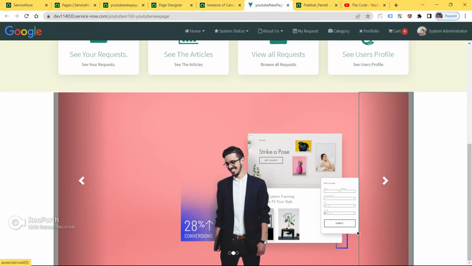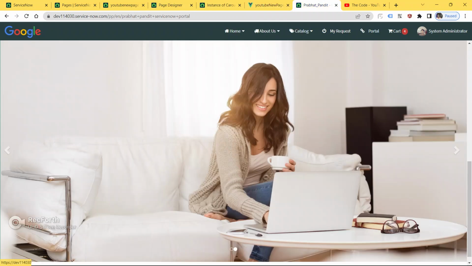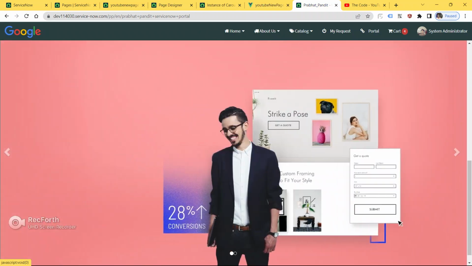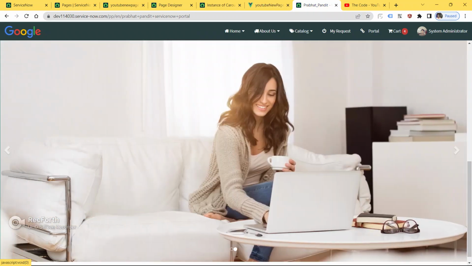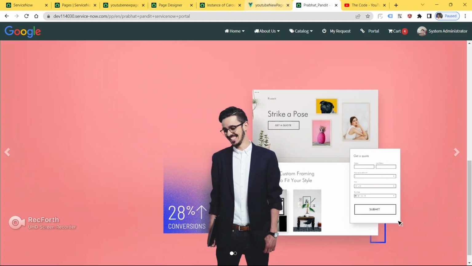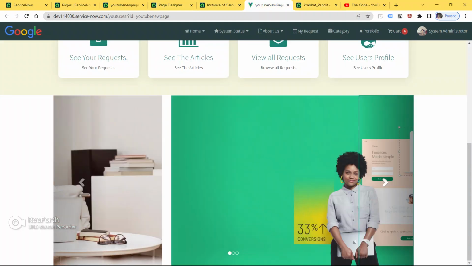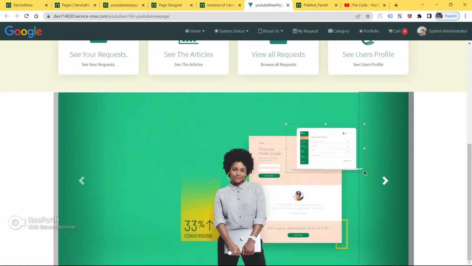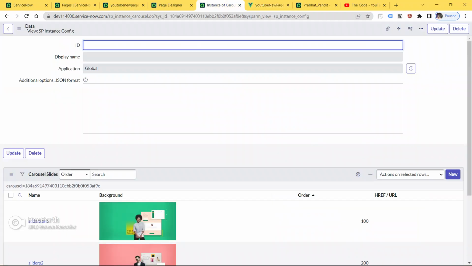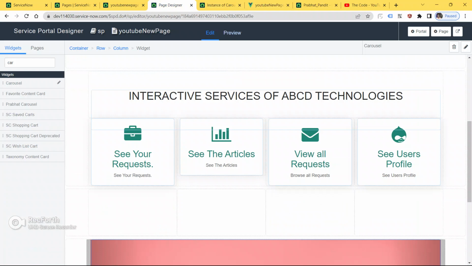As of now this is looking really outdated and ugly, and as you can see here this is looking very modern and very cool, and this is also a full width slider. So now I'm gonna make our custom widget to make this slider a full width slider.